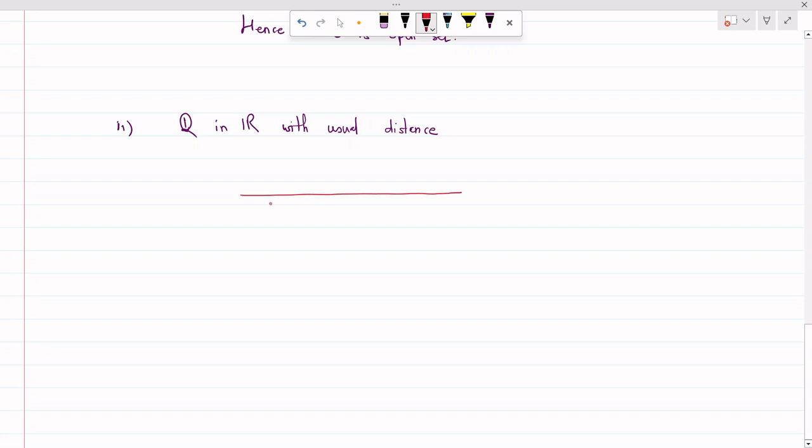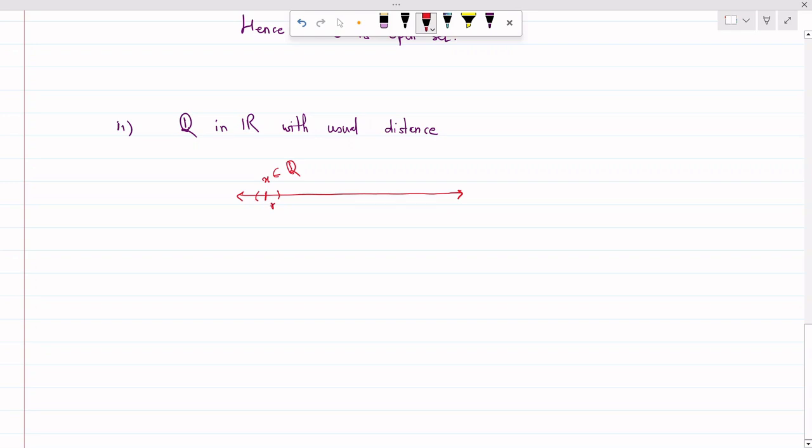Suppose this is our real line. We know that rationals are followed by irrationals, and irrationals are followed by rationals, right? So if I take any rational number, no matter how small a radius I choose, since I am dealing with real numbers with the usual distance, open balls are nothing but open intervals, which we have seen in the previous video. So if this is my x, which belongs to the rational numbers, no matter how small a radius I choose, that open interval will